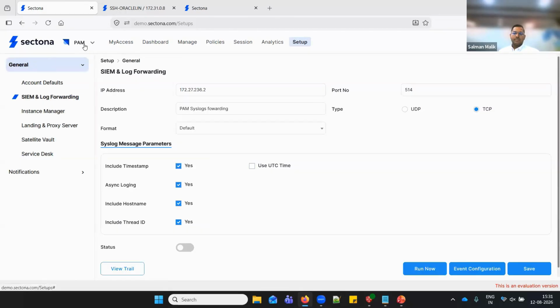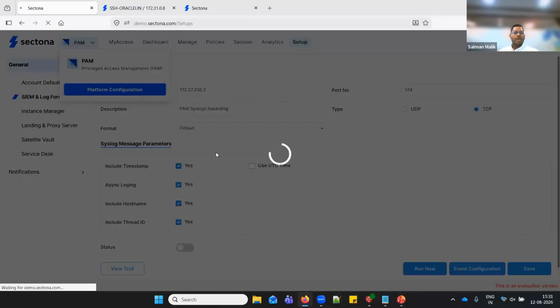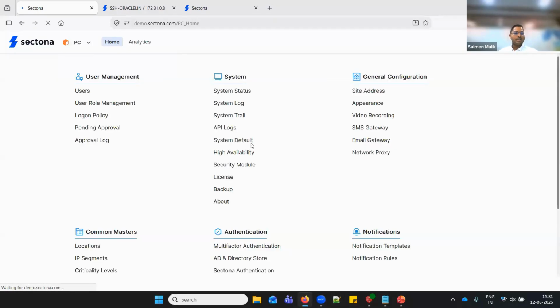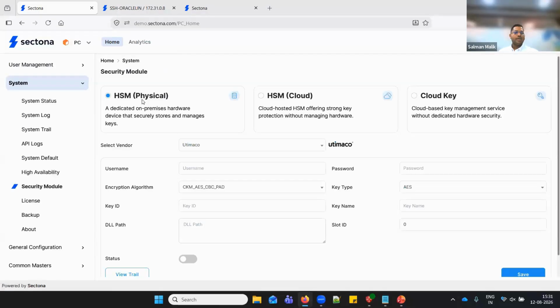Lastly, in security and compliance, we have now brought in the integration of Vault into the system. So now, as a security module, you can integrate your HSM system within the PAM application itself. By default, we have options for Utimaco and Thales.